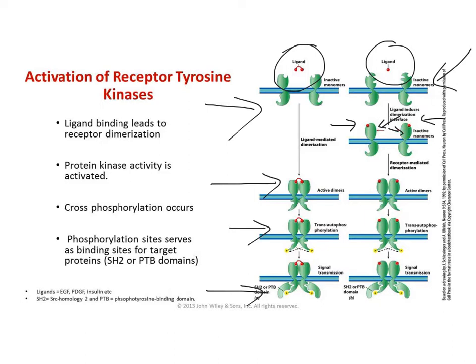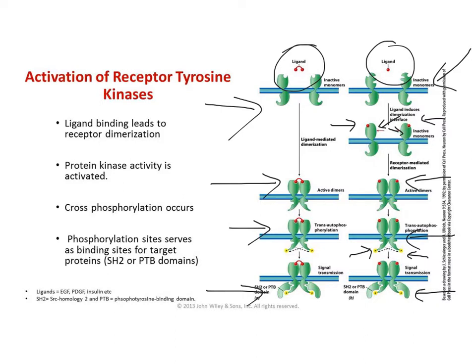So it causes a conformational state change that now allows for a greater affinity for these two receptors to join together, leading to dimerization interaction, which leads to trans autophosphorylation, where we'll activate the kinase domains on those receptors, and then they will phosphorylate specific tyrosine residues on the opposite receptor, leading once again to docking of